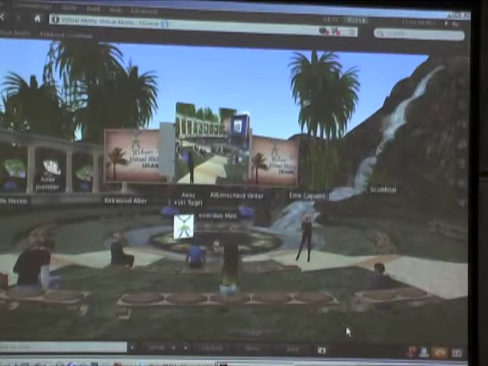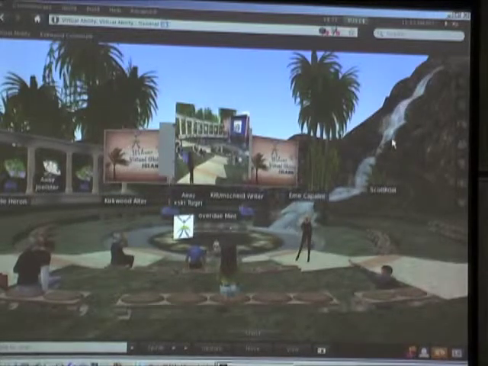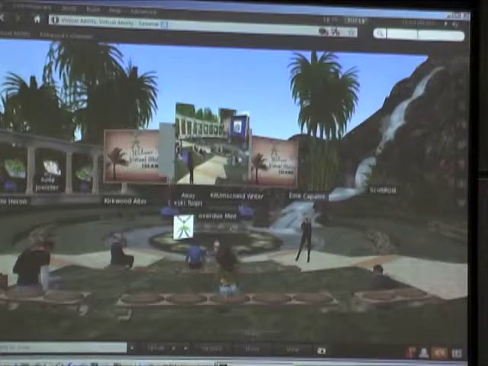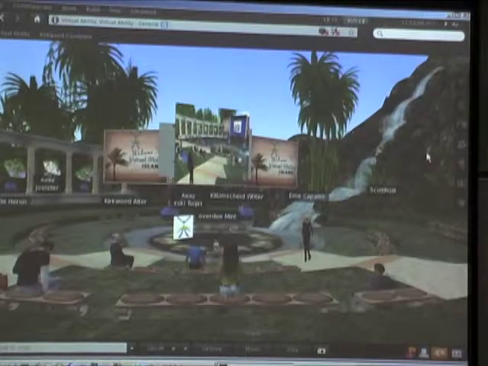There's a search feature that Kit can explain. There is a destination guide that lists lots of places that might be of interest for people with all different kinds of interests. You can go hear live music in Second Life. You can do role-playing. There's a Star Trek community, there's furry communities, there's all kinds of communities.